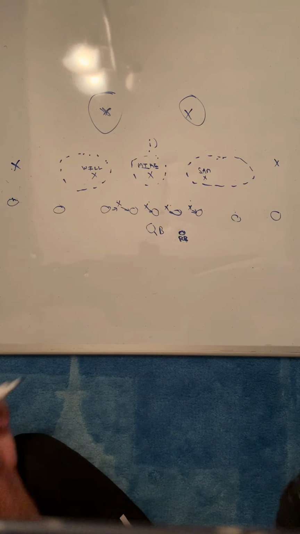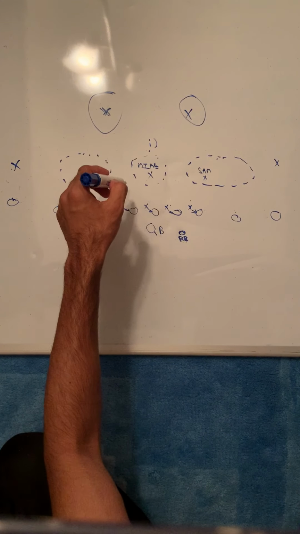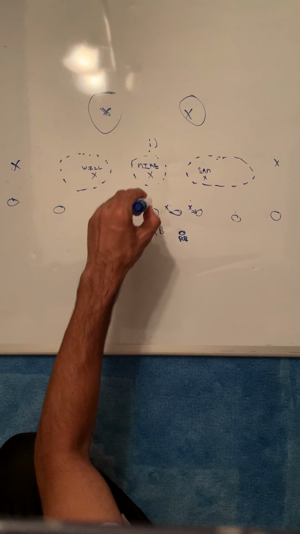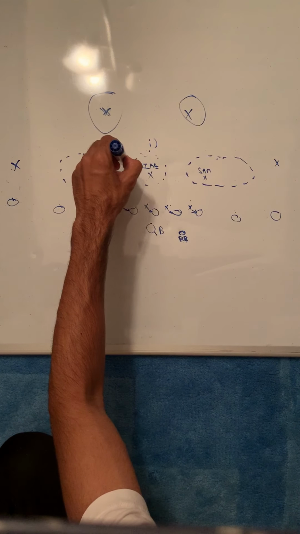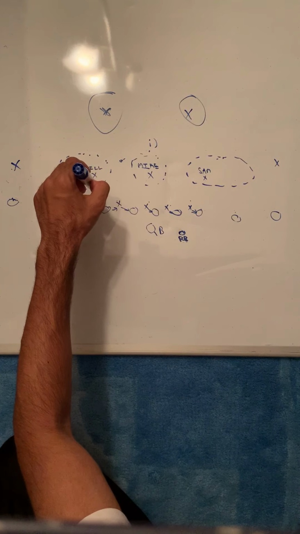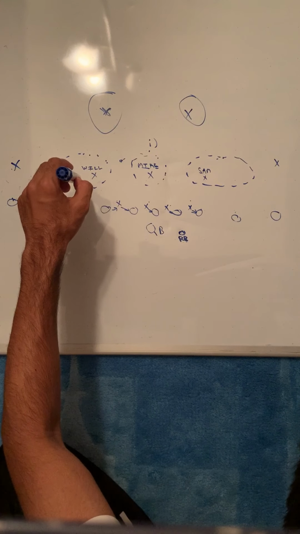So this zone right here is called a hook curl zone. He's going to work from the Mike linebacker. He's going to work from the hook to the curl, this area right here. The weak side linebacker, he's going to be